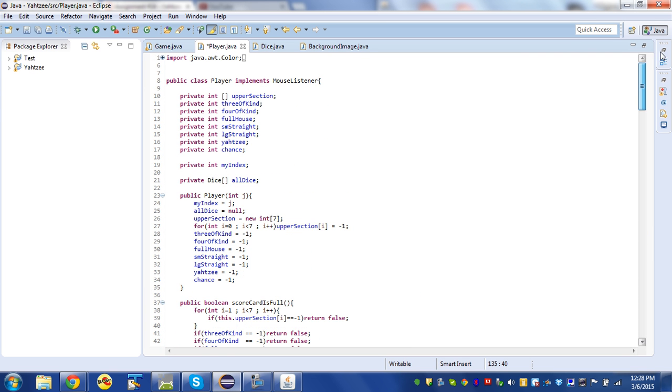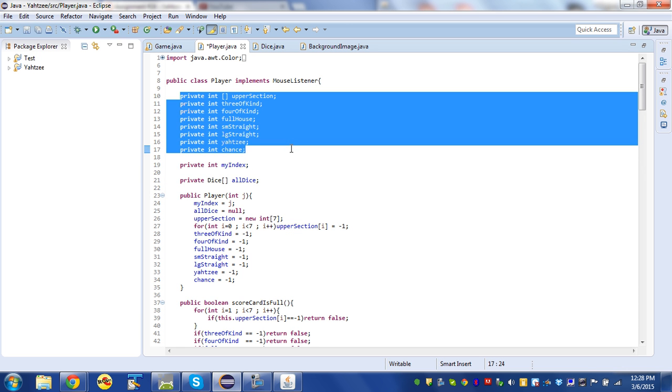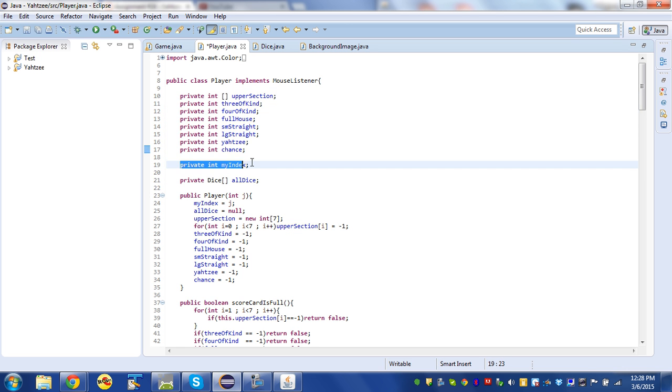Okay, so in previous videos, we talked about the player class, how it implements the mouse listener. We talked about all of the instance variables that each player keeps track of. The first group being the score for each category, the next one being the index for the individual player, and this last one being the dice that it will place, score and place, in a particular category at the appropriate